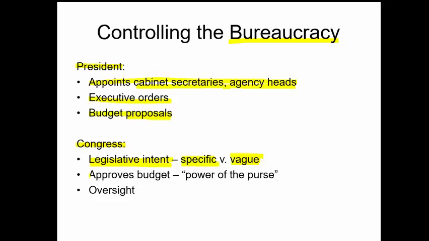Now, the Congress also has the power to approve the budget, so that's a pretty big power of the purse that would give them some control over the bureaucratic arm. And they also have that oversight function where they can call these agencies under subpoena. They can call them in front of a committee investigative hearing and grill them under oath and find out what went wrong on that program. Where did that money get spent? What happened with this scandal? What went wrong? Was there any incompetence or malfeasance going on in that program that we can investigate? So that's one of the powers that Congress has over the bureaucracy.